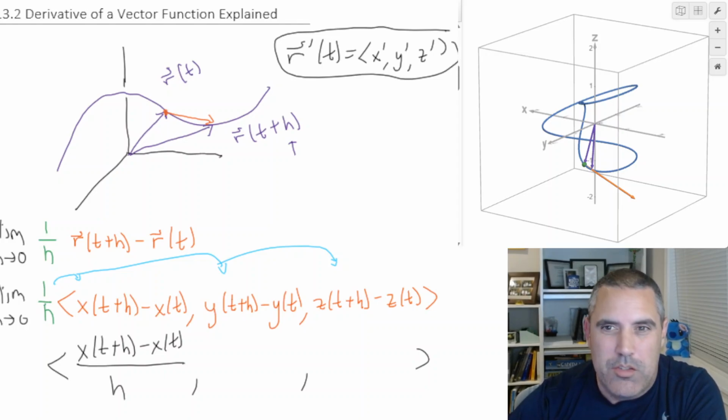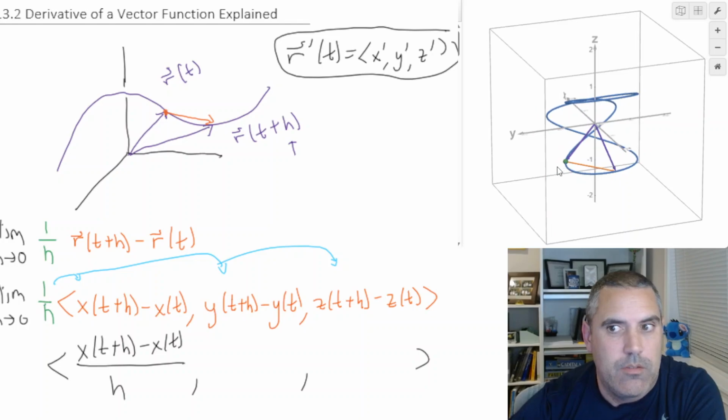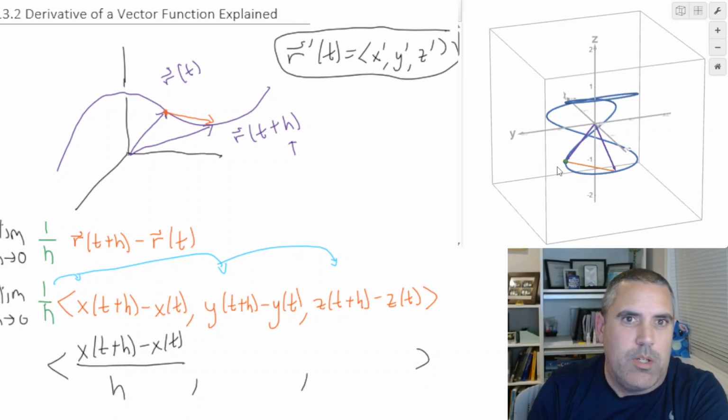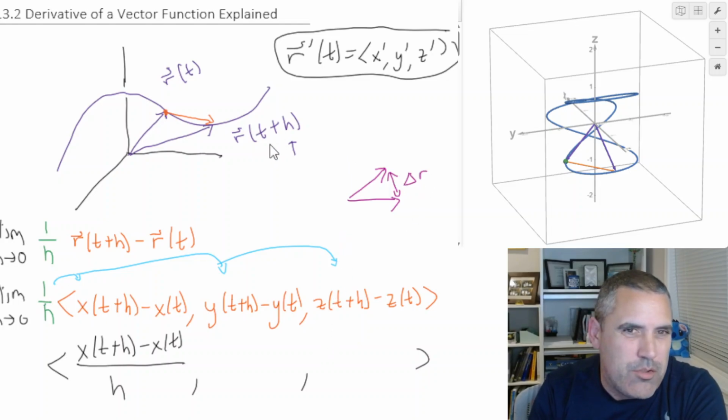But I want you to see another way to think about this, which is what we're actually measuring. Let's go back to that first picture. We're actually measuring how much our vectors change. So I often think of a derivative as a change. If you have a vector and you have another vector, the change in those two vectors is this, the change in r. So really what we're trying to measure when we're taking the derivative of a vector function,